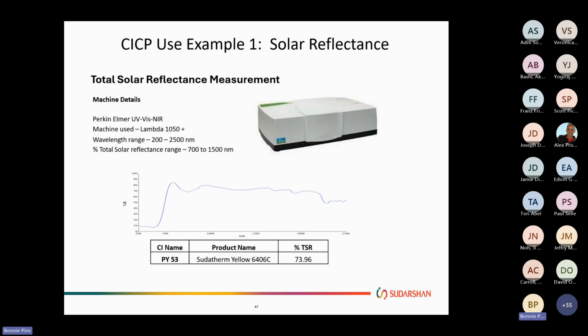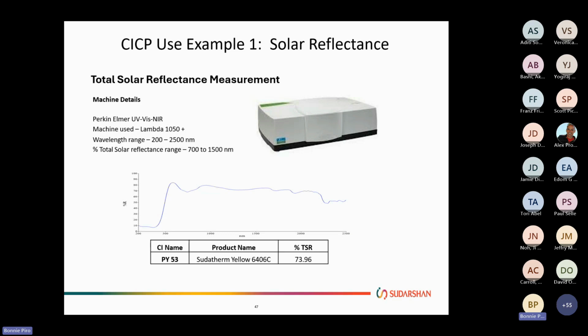It's measured via this type of machinery. There are many out there that do the same type of thing, but it's really specifically looking at these wavelength ranges to be able to get that total solar reflectance percentage. Here we're specifically looking at the 700 to 1500 nanometer